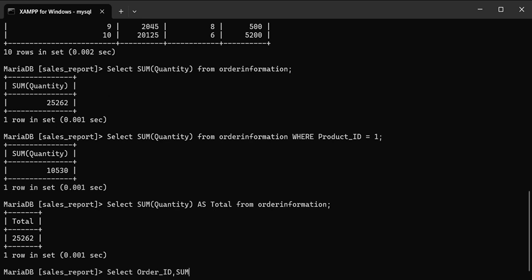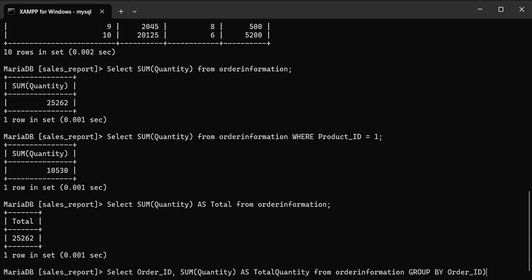Then we have the SUM of the quantity AS total quantity FROM the name of our table, which is order information. And then we are going to GROUP BY order ID.